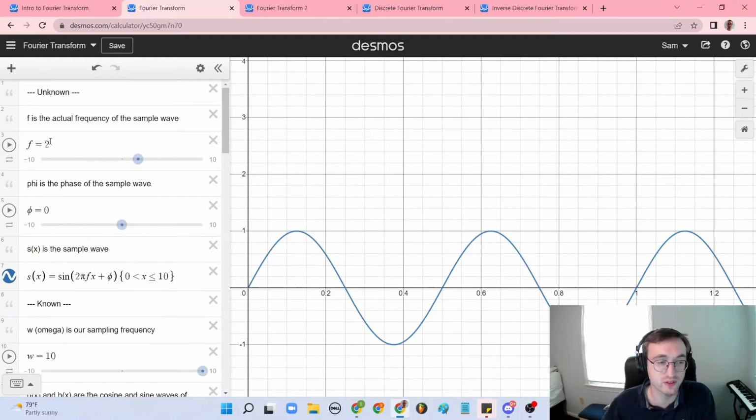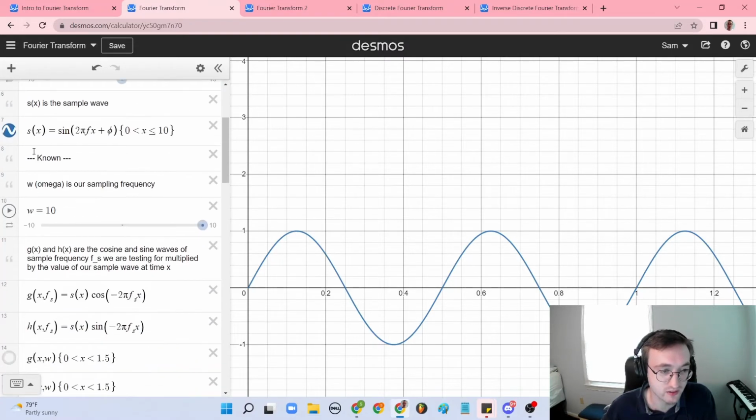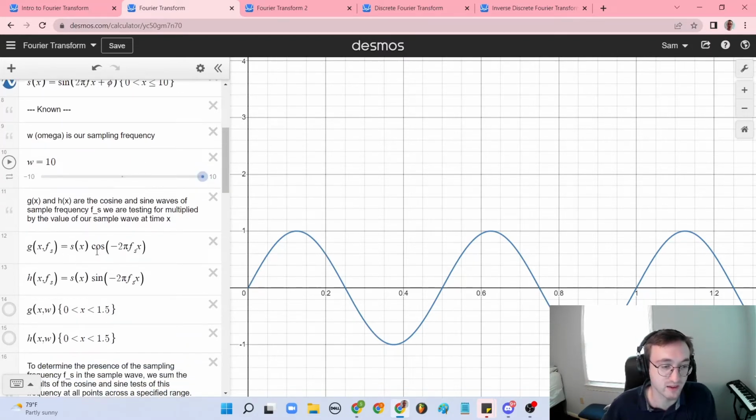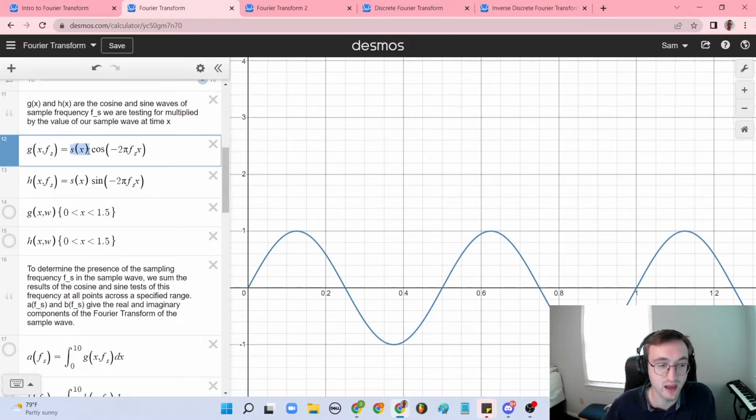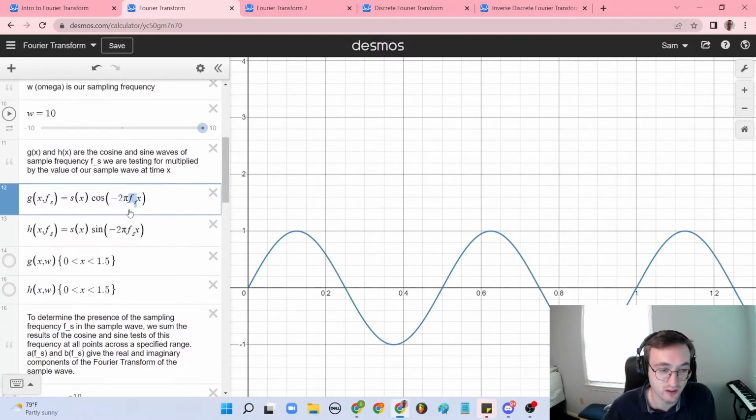So we have the frequency of the sample wave. This is unknown when we're sampling, but for the sake of constructing something to sample, we're going to have a frequency and a phase. So here is our wave, the same thing that we've been doing. And then now we have a sampling frequency. And then again, we're going to sample the cosine and the sine components of this wave. And so again, we do that by taking the product of the sample wave and the wave that we are using to sample frequencies at, which I'm calling frequency of S